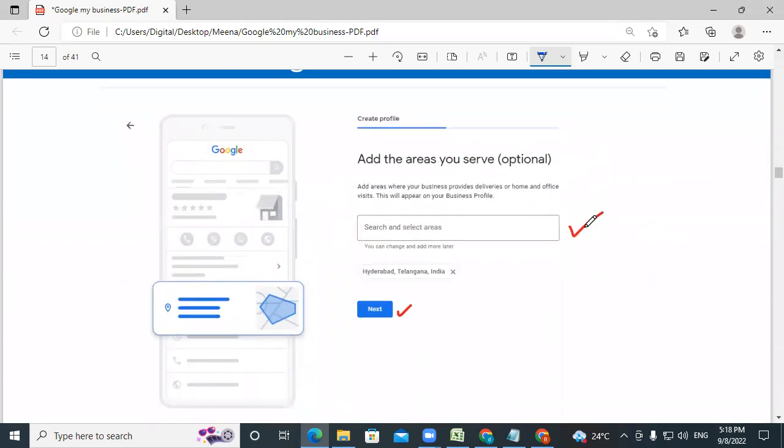Which area do you serve? For example, if you are providing service in entire India, you can put up India there. If you are giving service only in Telangana, you can put up Telangana. Let us say you are giving service in only specific cities. You can add all those cities, Hyderabad, Bangalore, Chennai, wherever. So you can add the service locality where you are providing your services. And then